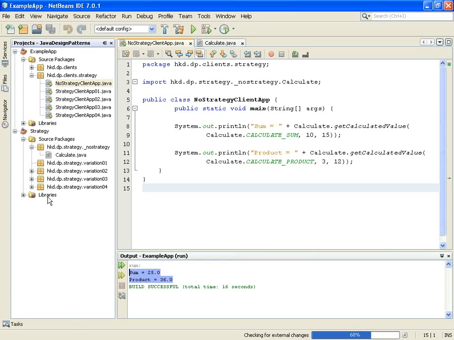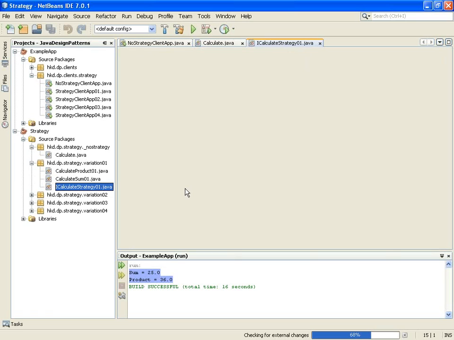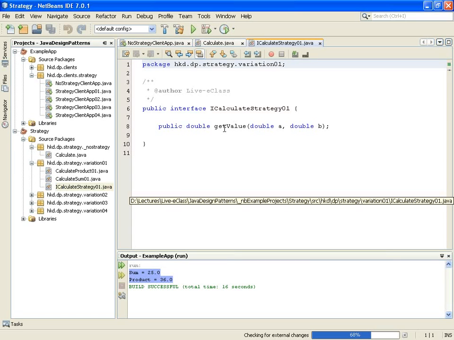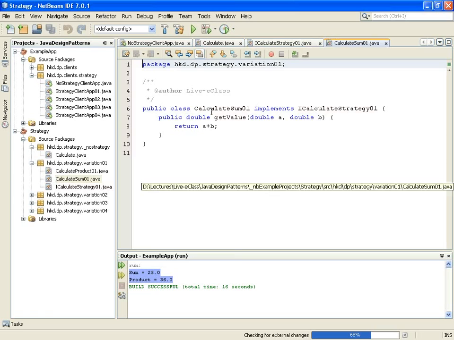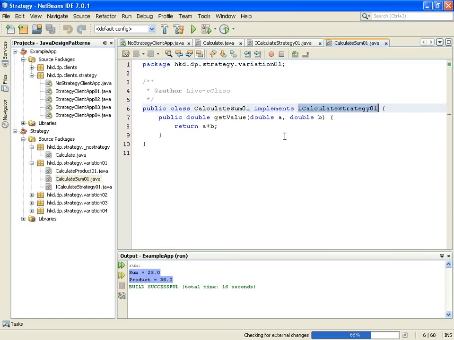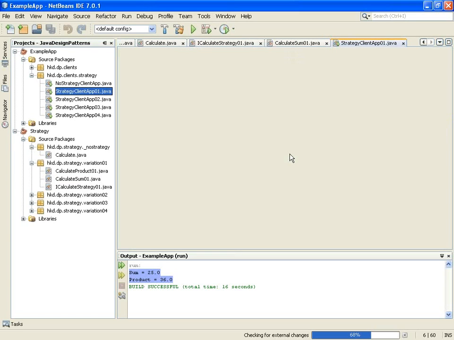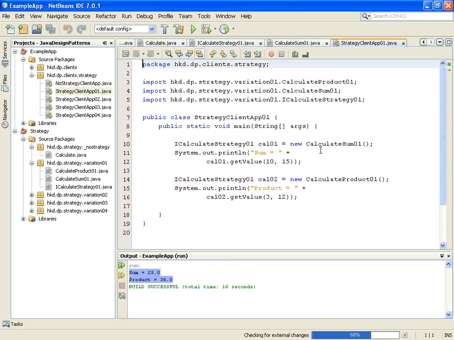Now let's see our strategy 01 implementation. This is our interface, ICalculateStrategy, where we are having a behavior getValue, and this is our CalculateSum, which is implementing ICalculateStrategy01, and this is the concrete method implementation, returning A plus B. And this is our client application which is using the strategy interface. cal01 is the reference, and cal01.getValue with the concrete implementation of sum, and here the concrete implementation of product.